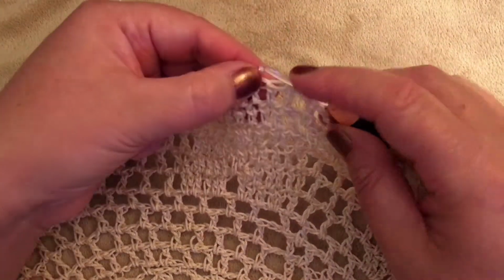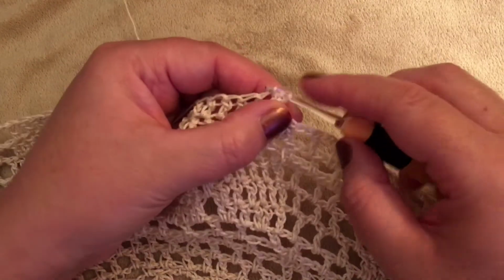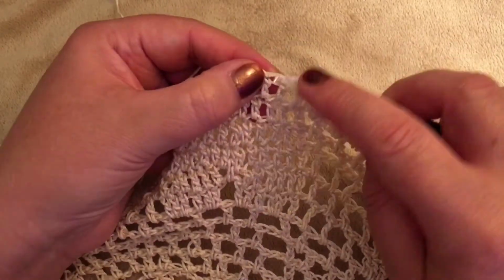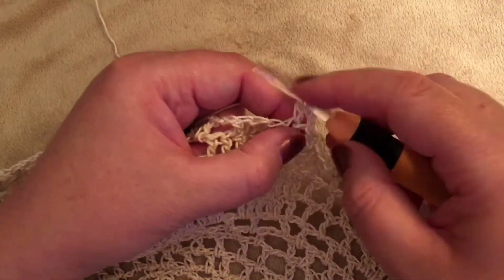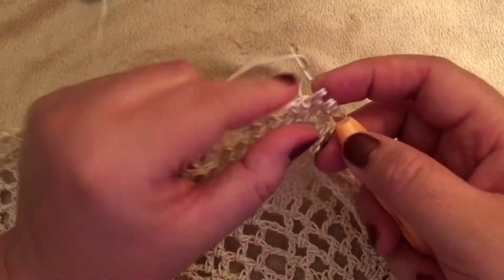So like always, we insert our hook into the very next double crochet, pull our yarn through, and pull our yarn through. Chain up 3: 1, 2, and 3. Yarn over, insert your hook into the next double crochet, pull up your yarn, yarn over, pull through 2, 2 loops on your hook, yarn over, insert your hook into the next double crochet, pull up your yarn, yarn over,